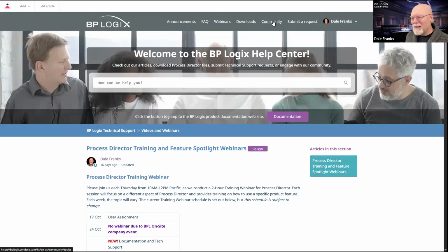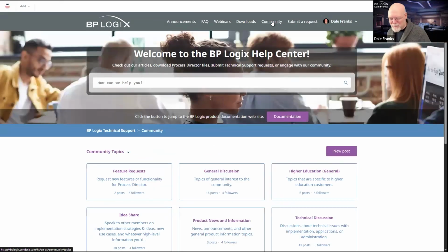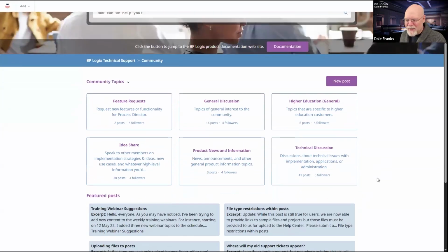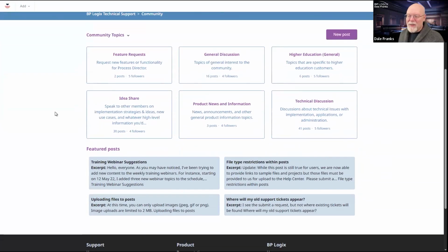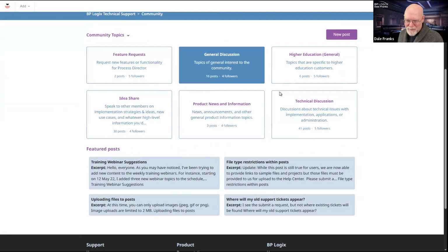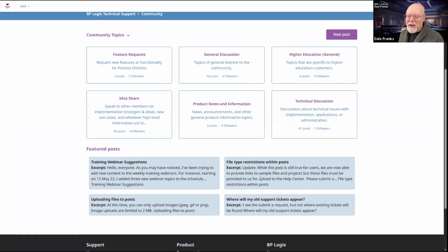And now we get to the community. We would love you to participate in our community, because we have a forum. Look, there are topics and everything. And each topic has posts. And look, we feature some posts to make them more important so that people can see them. We would like you to use this, but you don't.